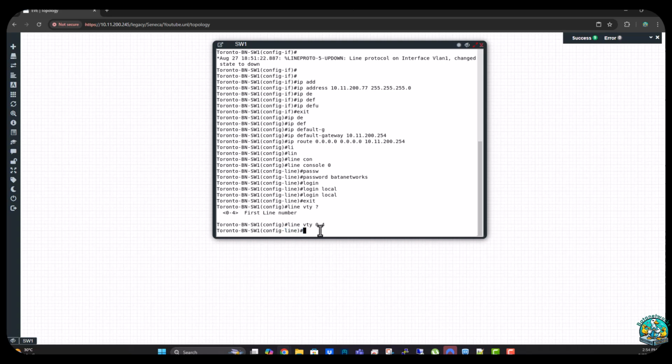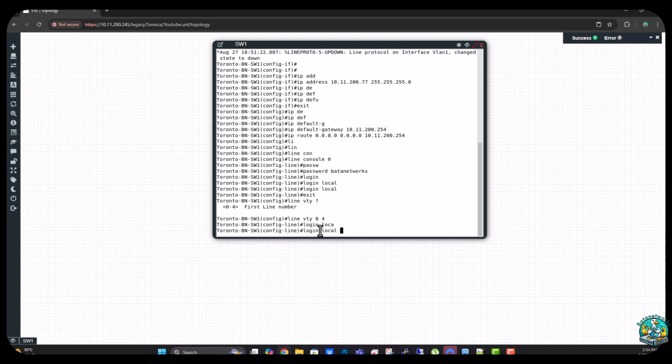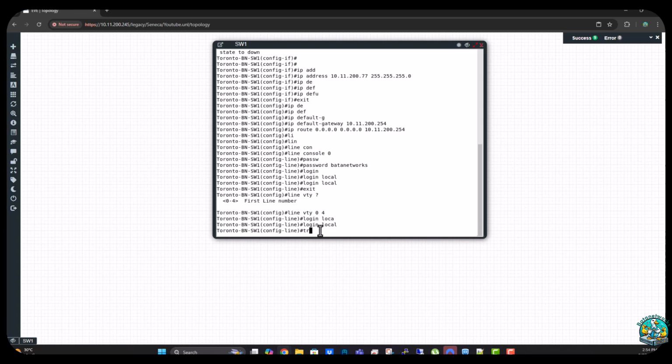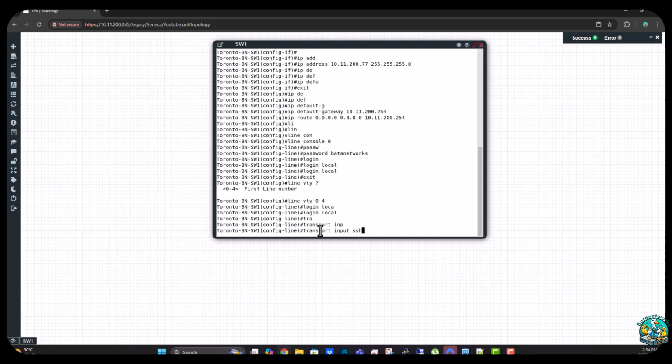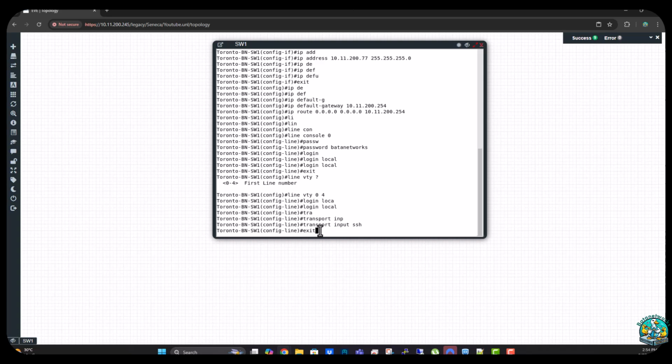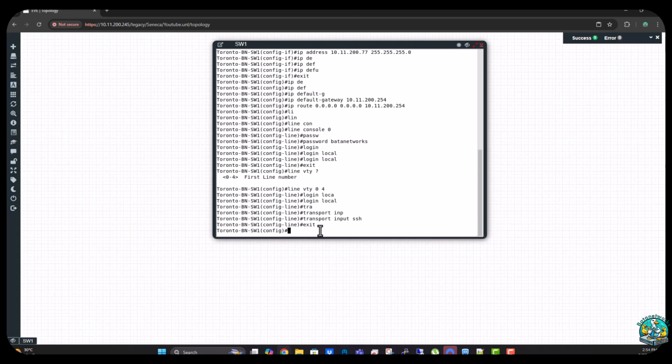So what we will have to do is login local, enter, and then transport input SSH, enter, and then we do exit. So for us to be able to access it via SSH, we'll have to do two more commands, which is